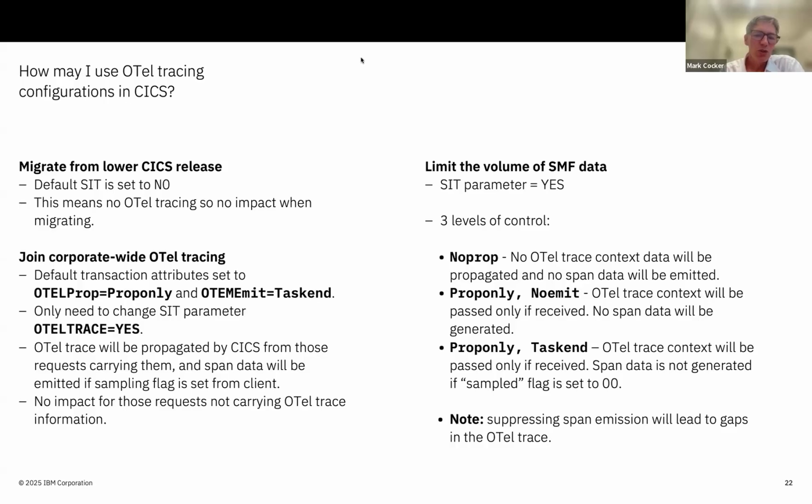This is what's referred to as sampling, and it can mean that the client can decide to sample, say, 1 in every 100 requests into an environment. And that perhaps is a balance between how much value you're getting out of these records and how much extra processing it's costing to create and store the OpenTelemetry data in your backend for OTel.